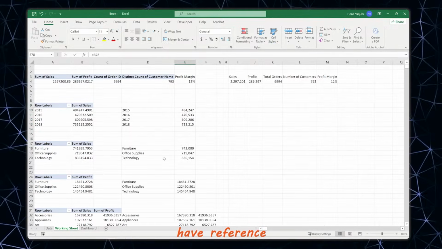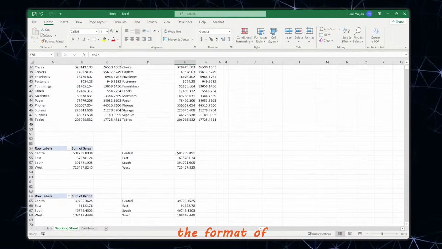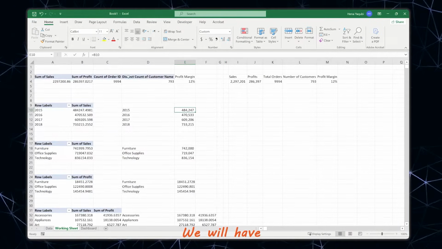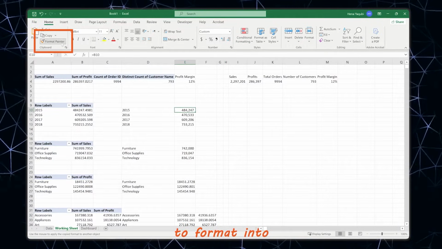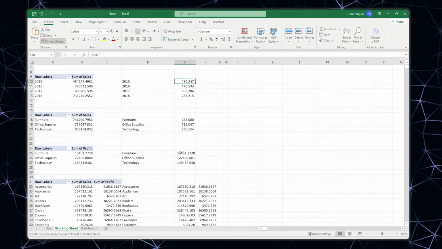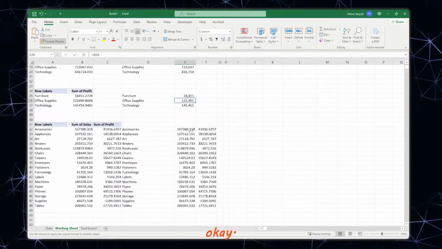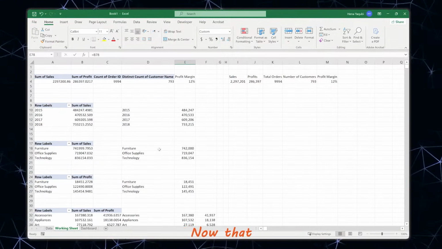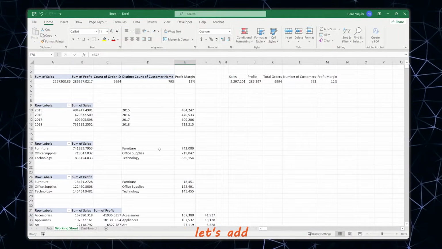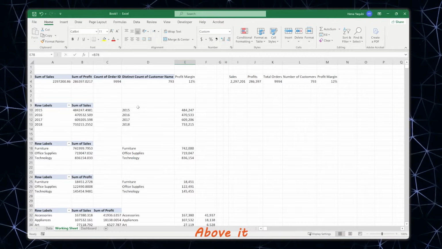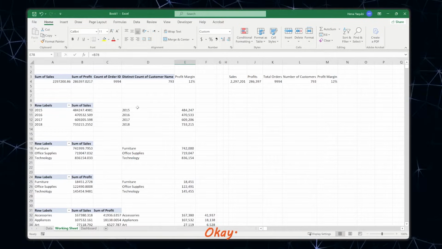Okay, now that we have referenced all of our cells, let's change the format of these values. We will have to use format printer here like this. Okay, now that the formatting is also good, let's add the name of each column above it so it doesn't mix up. Okay,